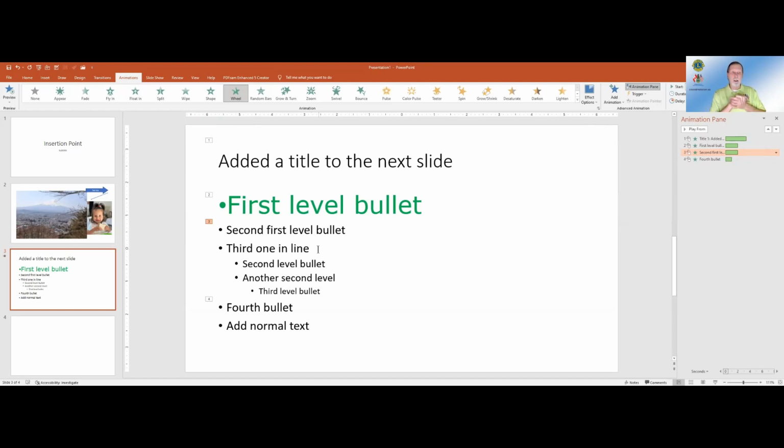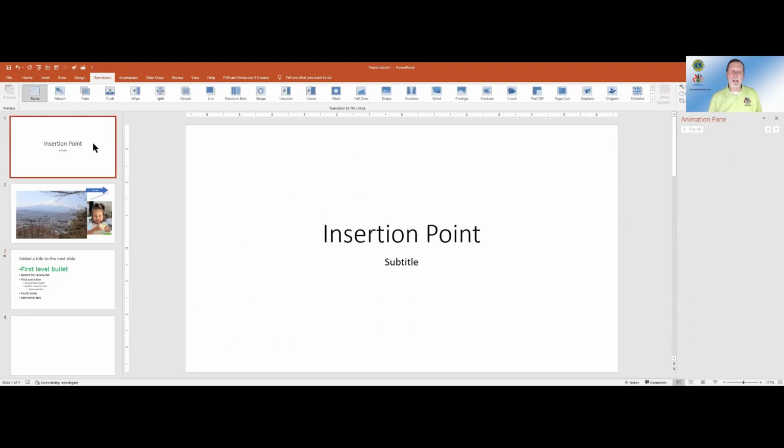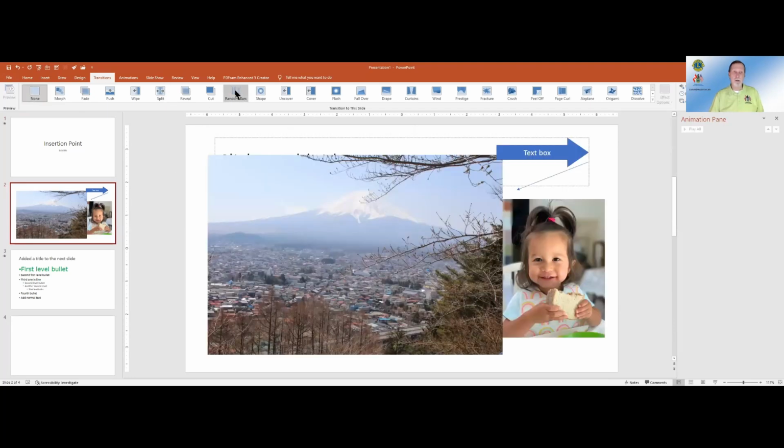I want to move on from animation to transition. Transition is from one slide to the next, and transitions are controlled from this tab up here. You select one of your slides, and this is the entire slide, not parts of the slide, the entire slide as it moves from one to the next and the next and so forth. The first one, of course, means that this is what it's going to look like when the slideshow starts. And for number 2, sure, random bars, okay. So that's what it will look like as I navigate from slide to slide.